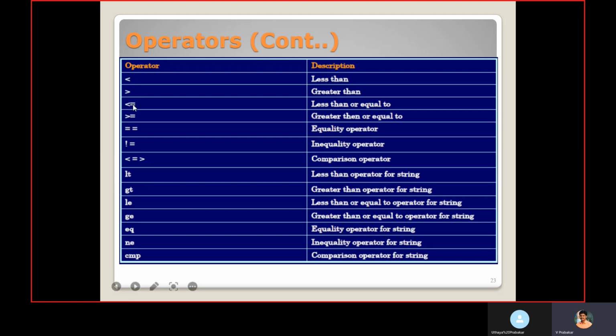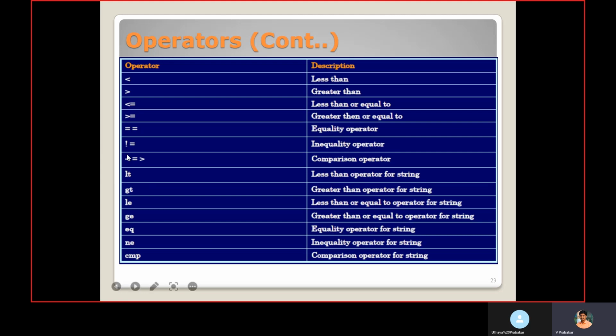Then less than, greater than, less than or equal, greater than or equal, equality, and inequality. Then this comparison operator, less than, equal, greater than, will give 3 possible outputs. Here is the left hand side, here the right hand side variable. When the right hand side variable is greater than the left hand side variable, it will give -1 as output.